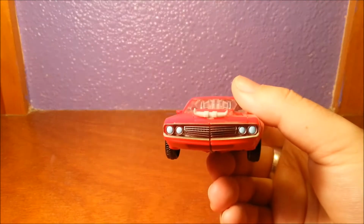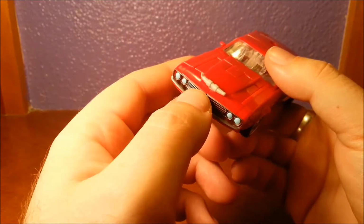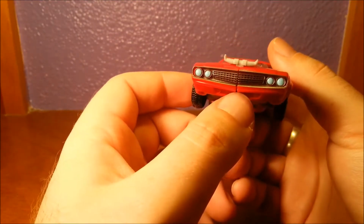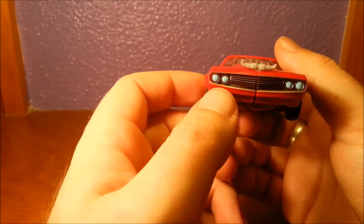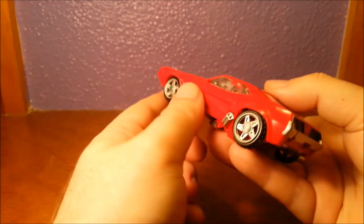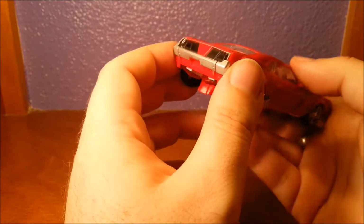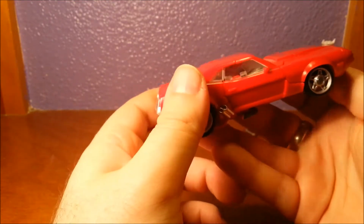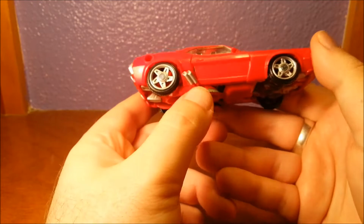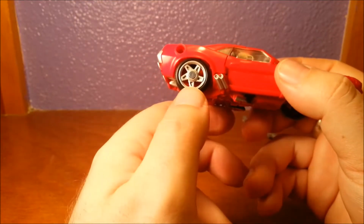If I bring this in and zoom, there we go. The paint apps are okay, a little bit of misting here, so not massive, really nothing to complain about. It's got some nice details in the headlights. The grille looks quite nice. And the back also looks okay, nothing really wow, but the fact that they've put different colours there as opposed to Bumblebee, which was just plain on both. And a bit of paint apps on the exhaust pipes here, and the rims obviously